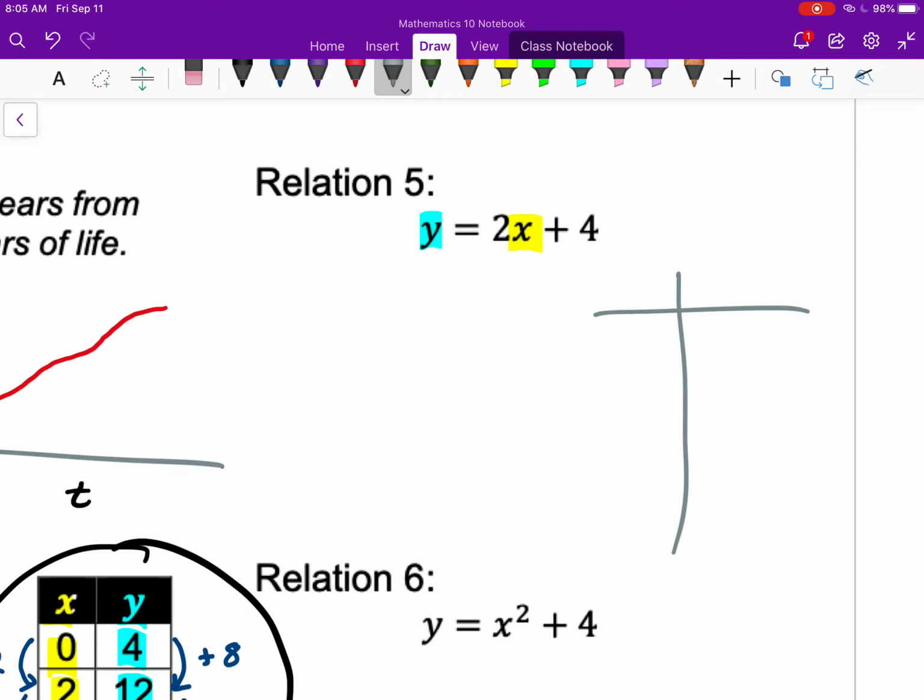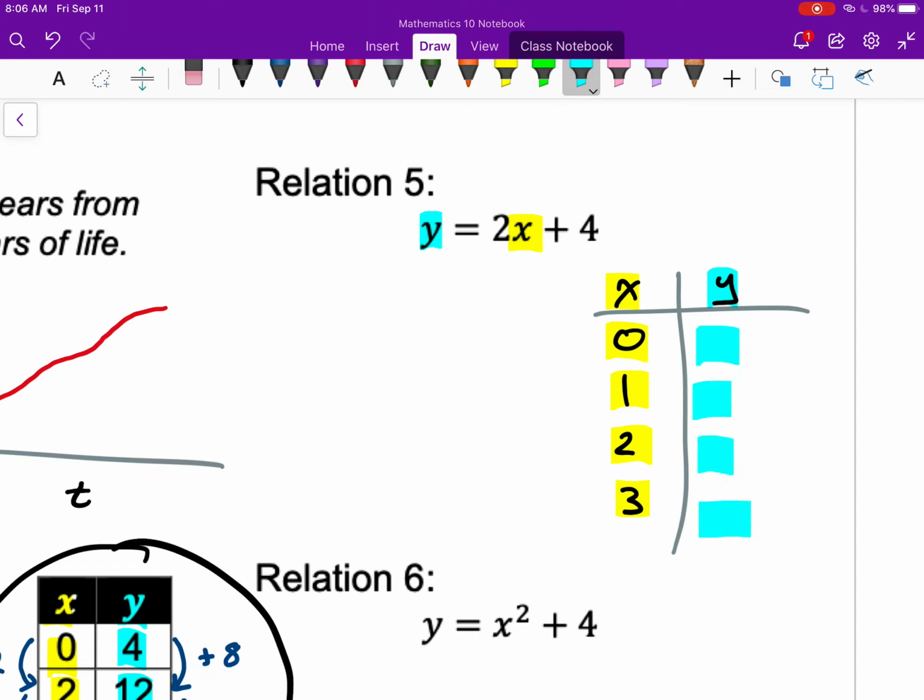So I'm just going to make a table, because the table seemed to help in my last couple examples. However, it's an equation that we're actually given, so I can pick any number I want for x. So I'm going to pick some nice, clean, simple, orderly numbers. I'm going to pick 0, 1, 2, 3, and then figure out what I get for y for each of these. So when x is 0, I take that 0 and I put it into the equation and see what